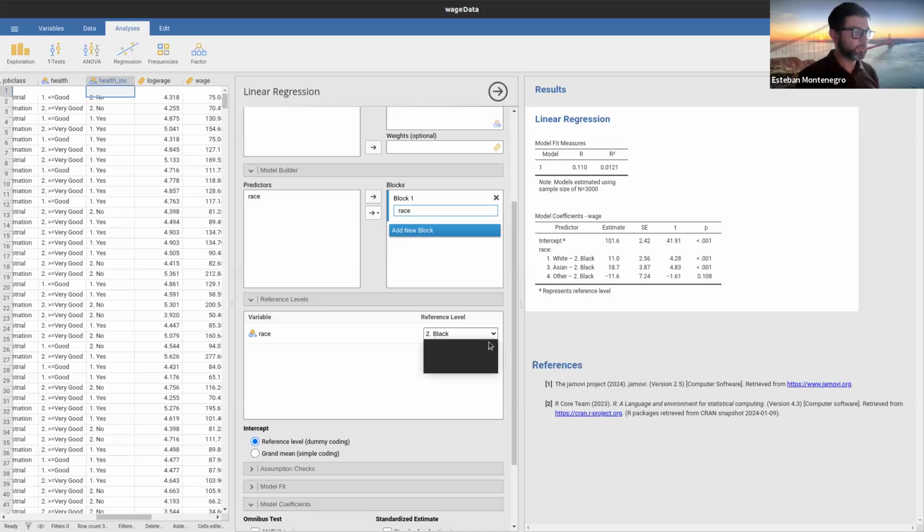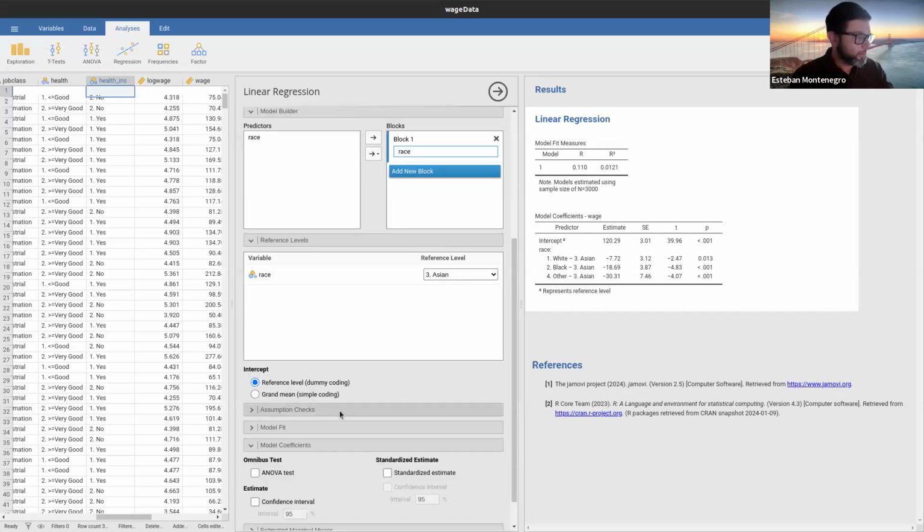So if you change the reference group, of course the numbers will be different, because you are using a different reference group. Of course, the p-value is going to be the same, the same statistical inference. The only thing that changes is how you interpret the mean difference and the intercept, of course. Also,